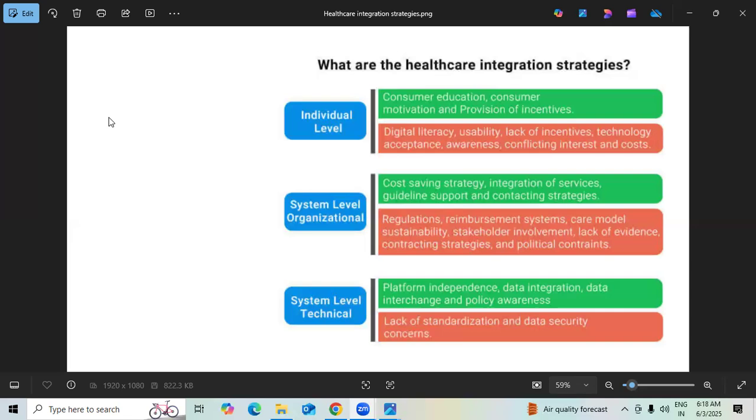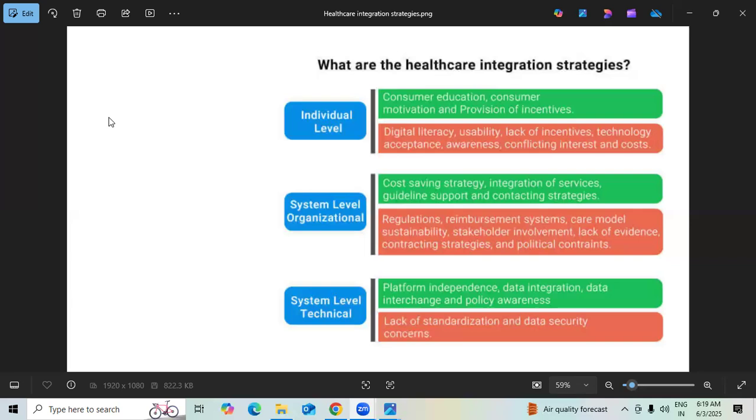By integration of services, followed by the guidelines that are to be followed. Okay. Next,